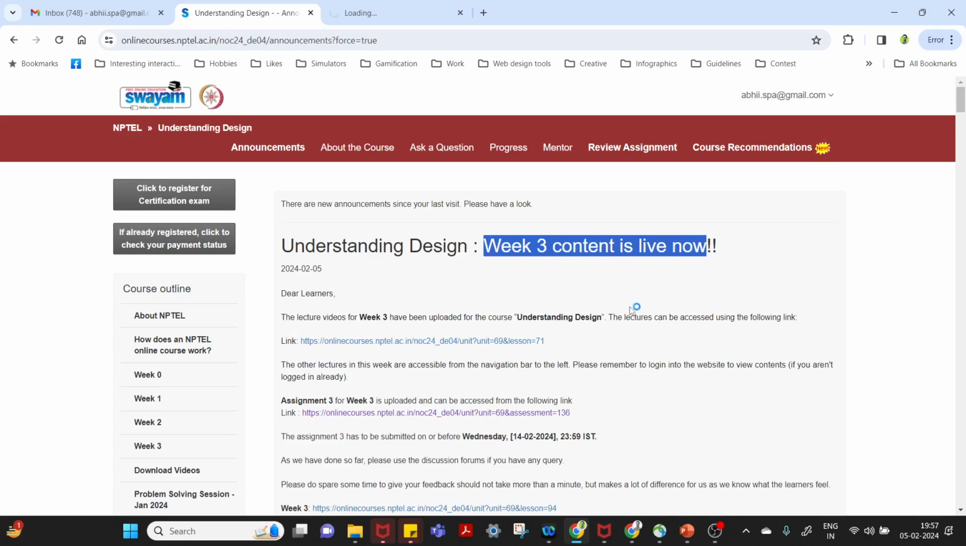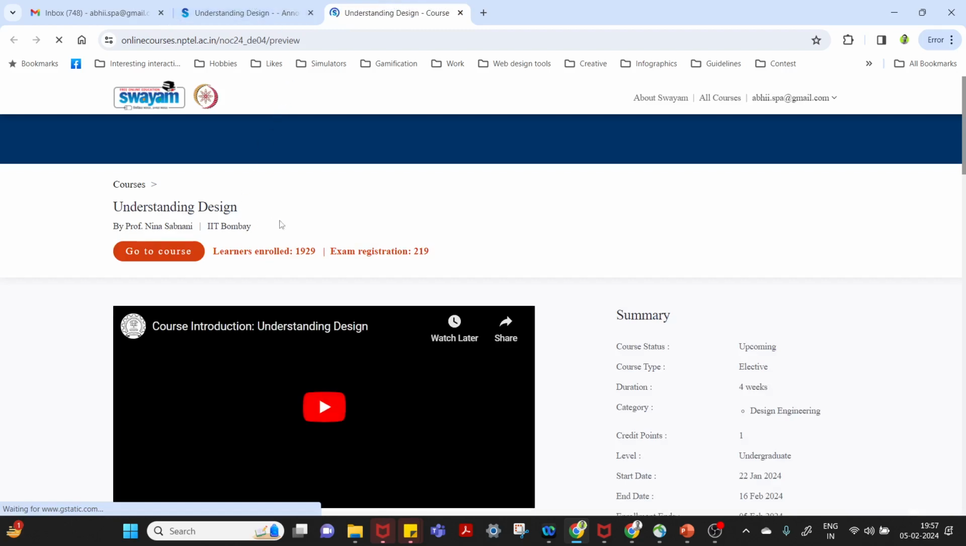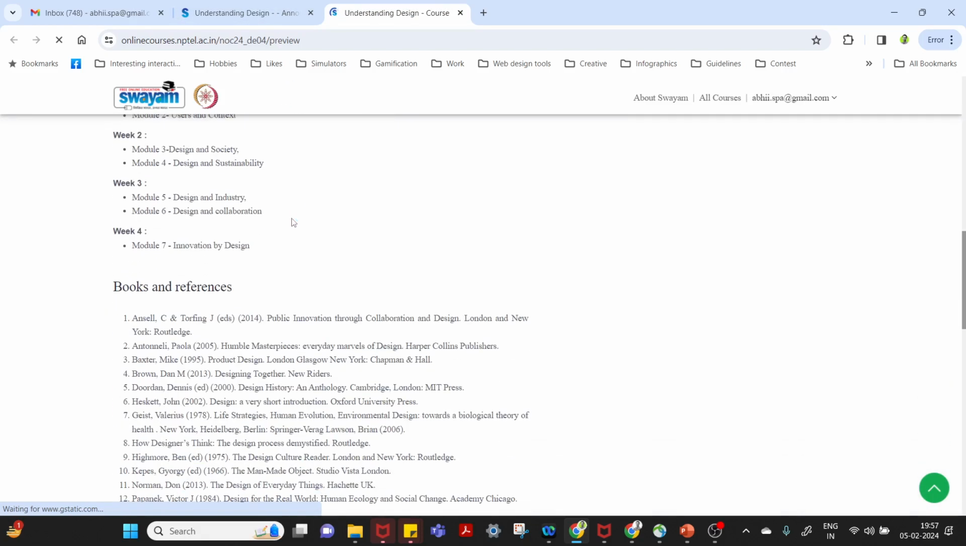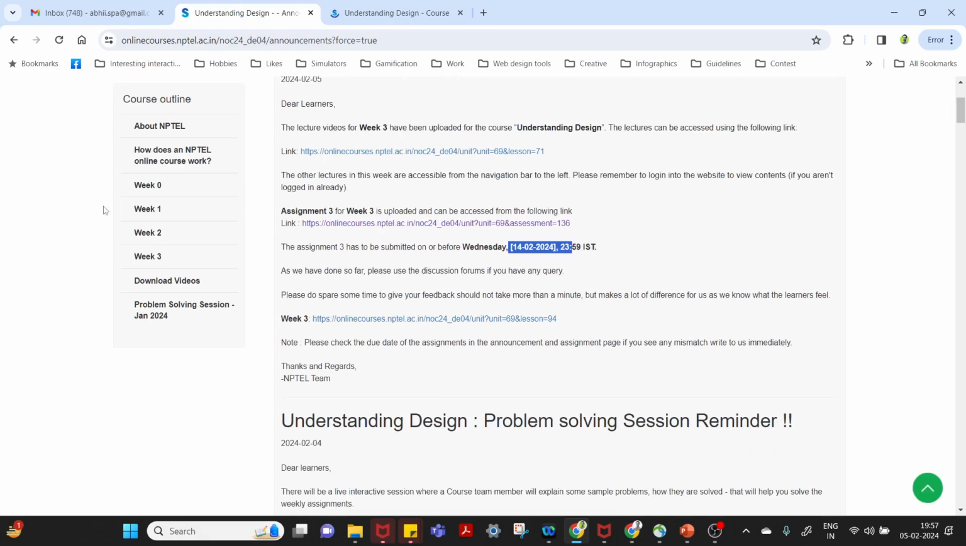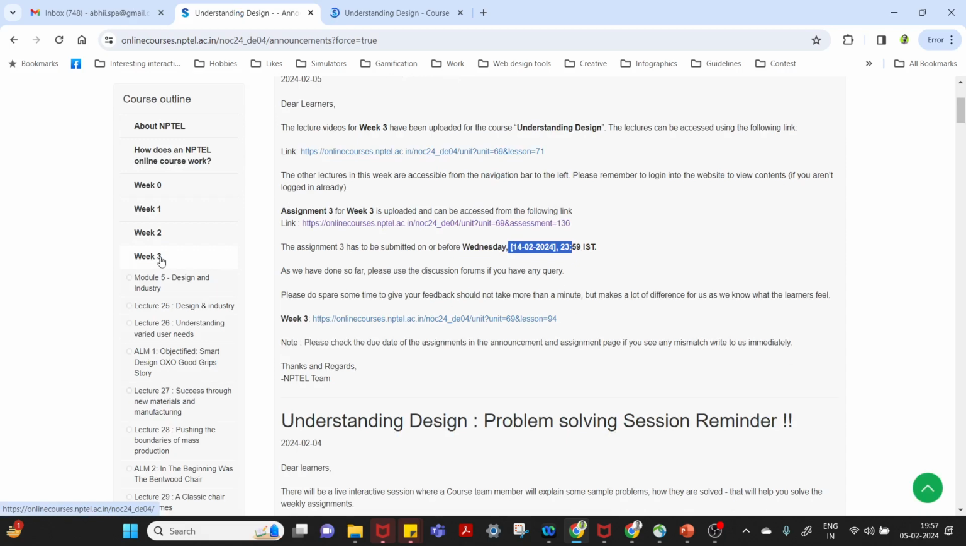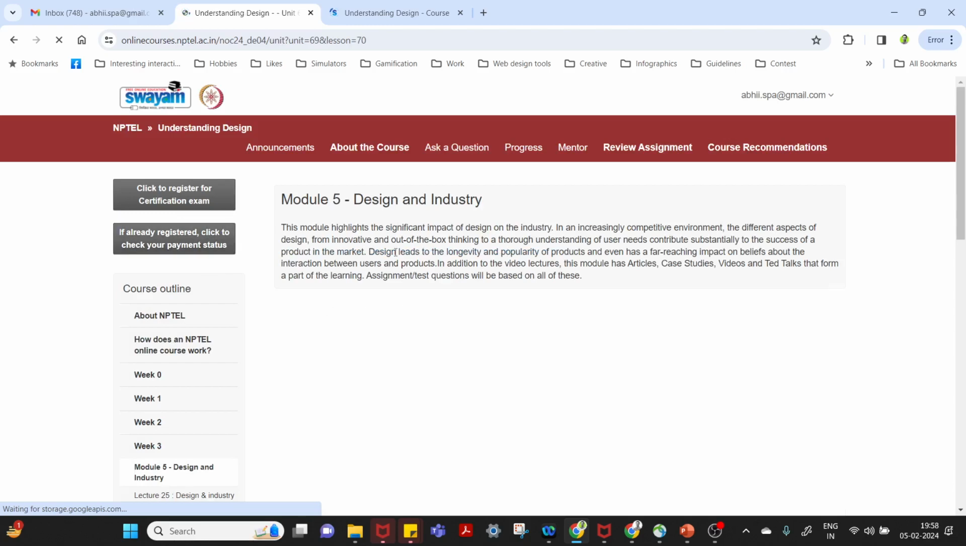Which means that the week 1 and week 2 content were already made live. The assignments for those had to be completed by 7th of Feb. The week 3 assignment needs to be completed by the 14th of Feb, right? So you're getting 1 week's duration, and you can then understand more about it. Let me click and show. You can see week 3, and if you click on week 3, design and industry, you'll be able to see